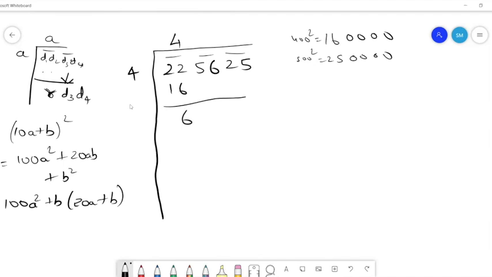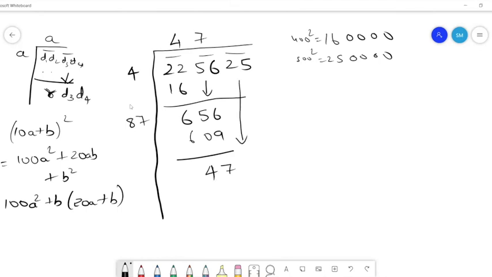So we know the first digit is 4. We would say this is 6, and this block is brought down, 56, and then we take the double of 4, which is 8. And what should be multiplied with 8 to get 656? 87 into 7, I think, is the best one, right? 88 into 8 would cross it. So 87 into 7. 7 sevens are 49. 609. Yes. So this is 47.